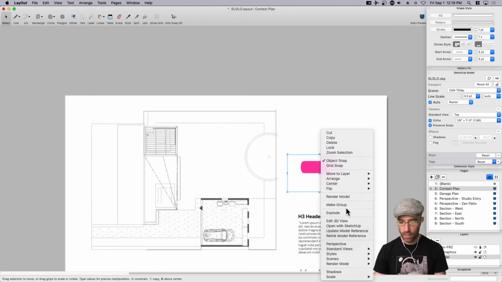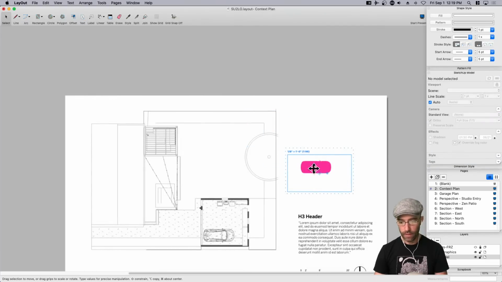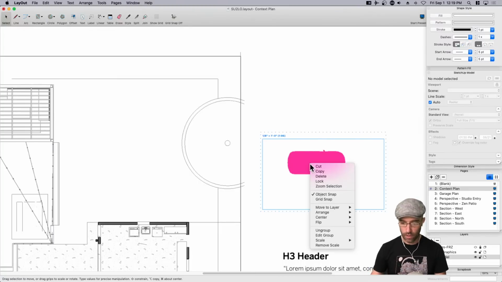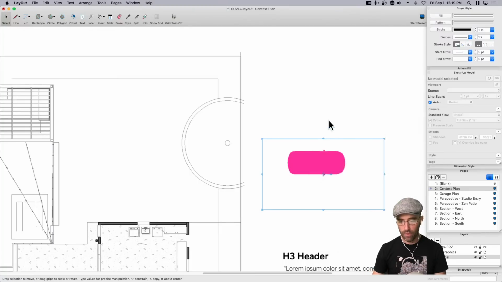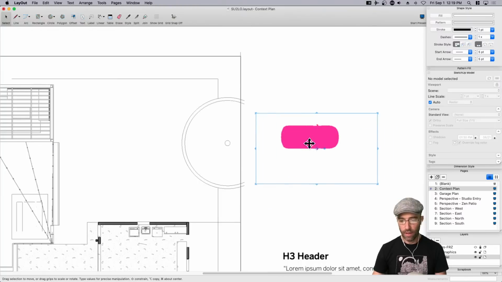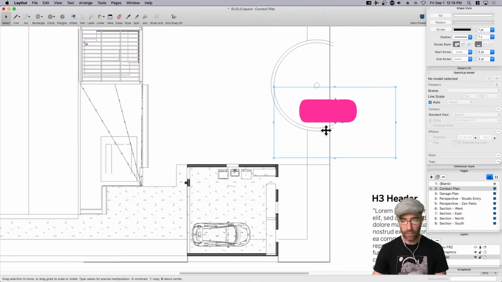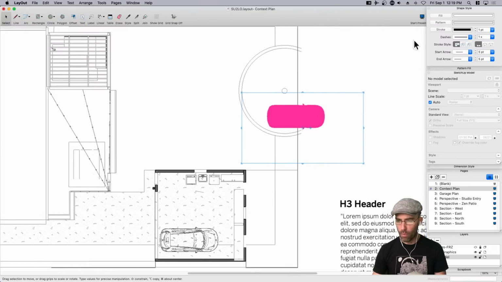Now I have this car here. If you come over here and explode it, you get what's called a scaled drawing. If you explode a SketchUp model, it becomes vector line work in Layout. And I love this feature because then I can just come over here and ungroup this, and now I have just this car. You can see it's just the outline of the car. Now, my only problem is that